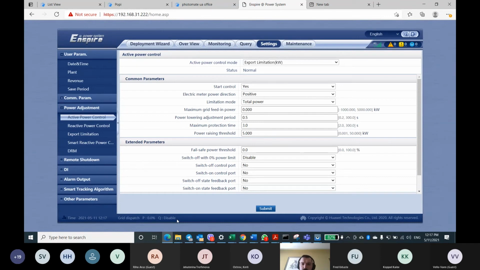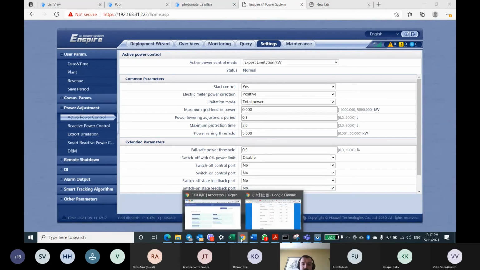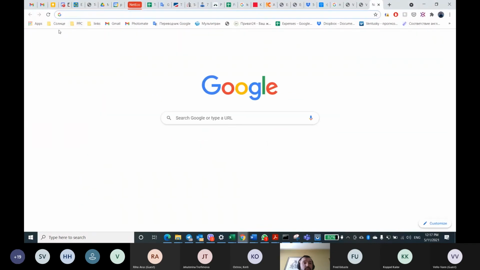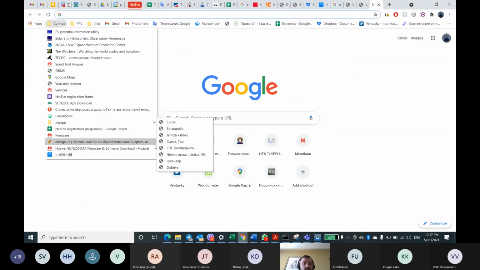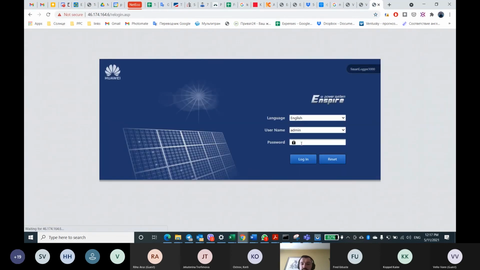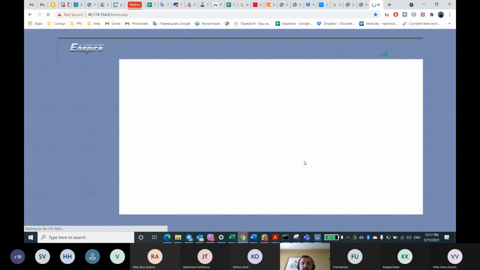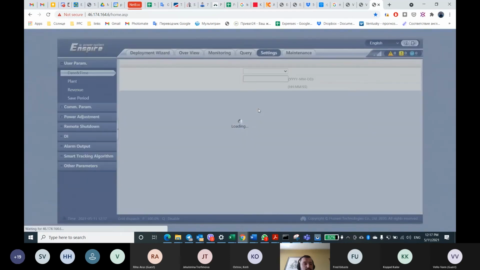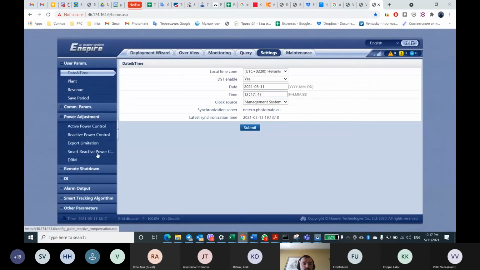I think I can show you one installation. Here I will show you one real installation, with the same logger.